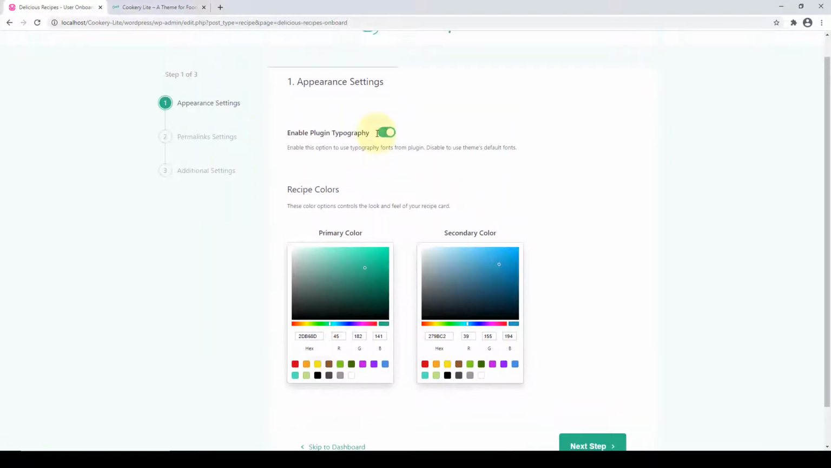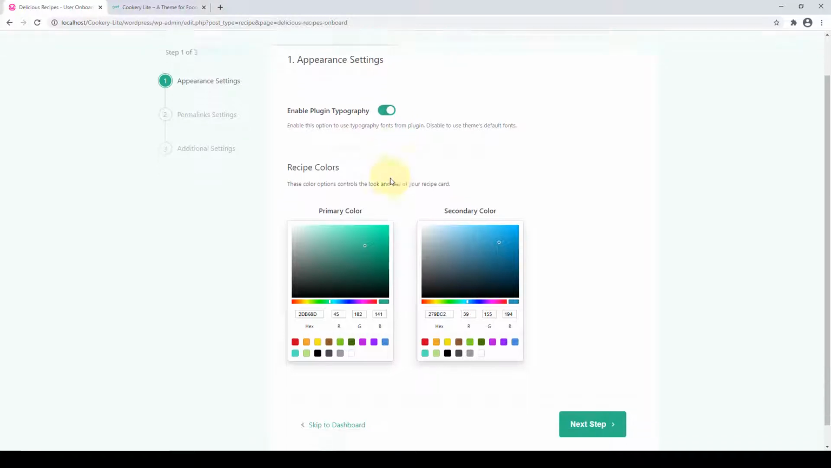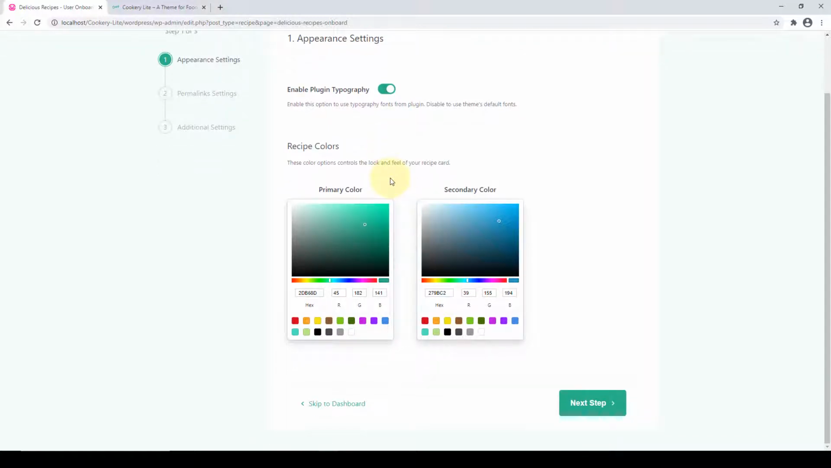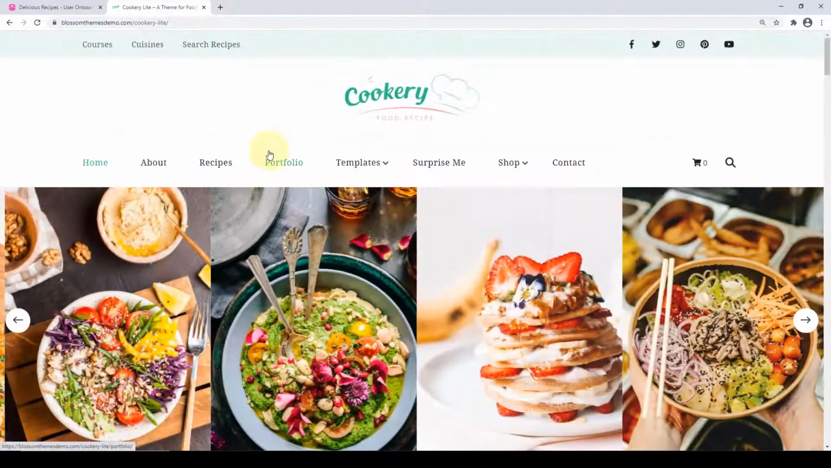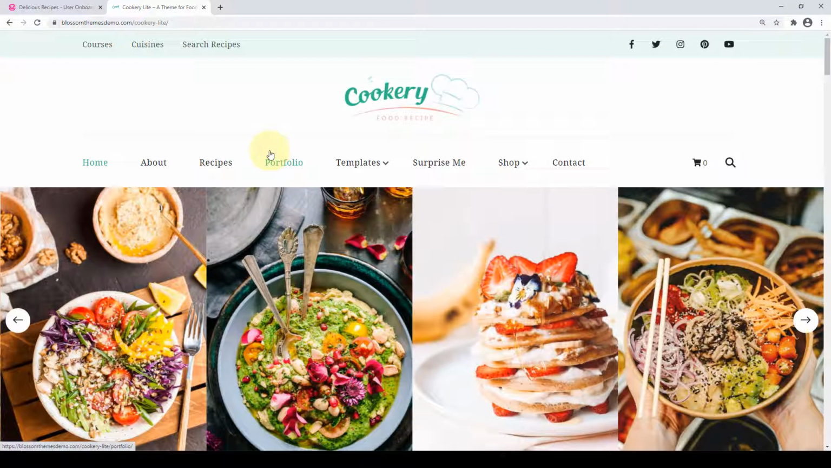From here, you can enable your plugin typography. When you enable this option, you can use typography fonts from plugin. If you want to use theme's default plugins, you can disable this. If you want to change the color of your recipe card, okay, let me show you one from the demo page. I have opened the demo page in the new tab over here